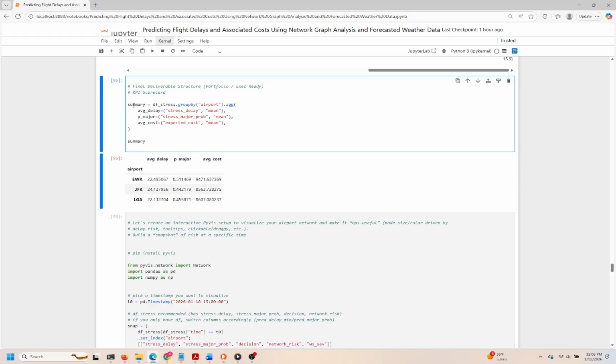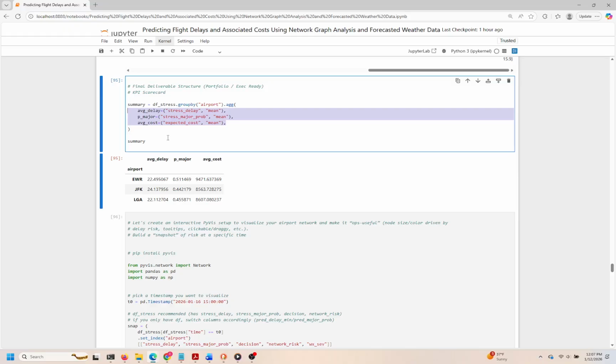Cell 22. In this cell, we're organizing our data into a structured format that makes it easier to understand the performance of various airports by calculating key performance indicators. This step is crucial because it helps us synthesize complex information into manageable insights that can be effectively communicated in reports or presentations. To achieve this, we start by grouping our dataset by airport, which allows us to examine each